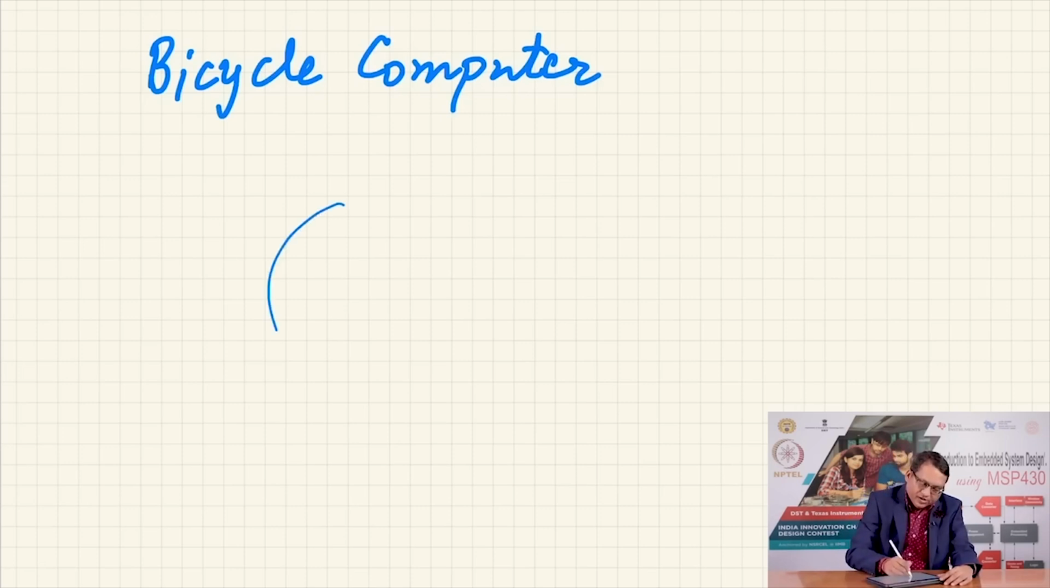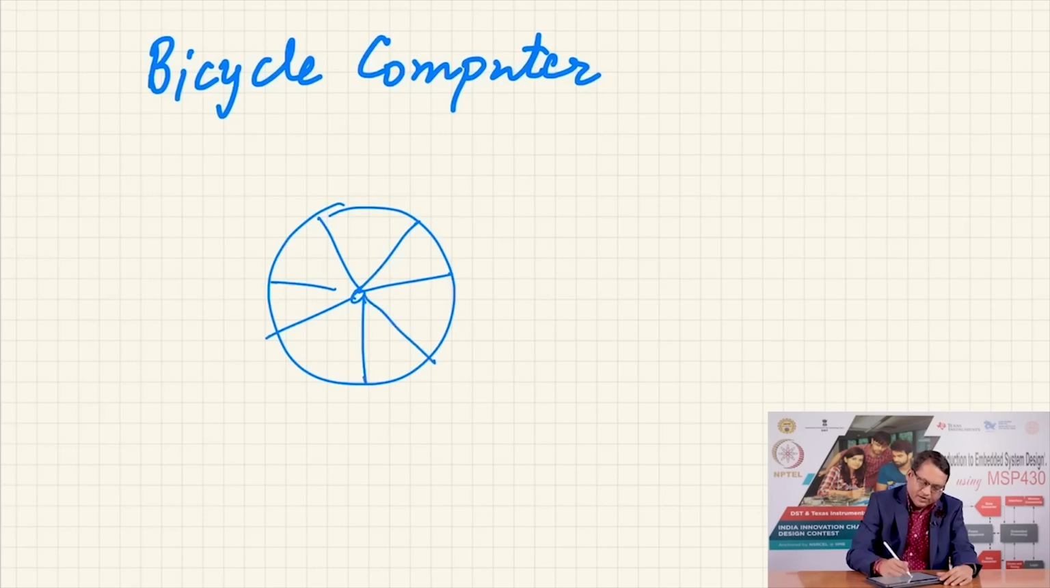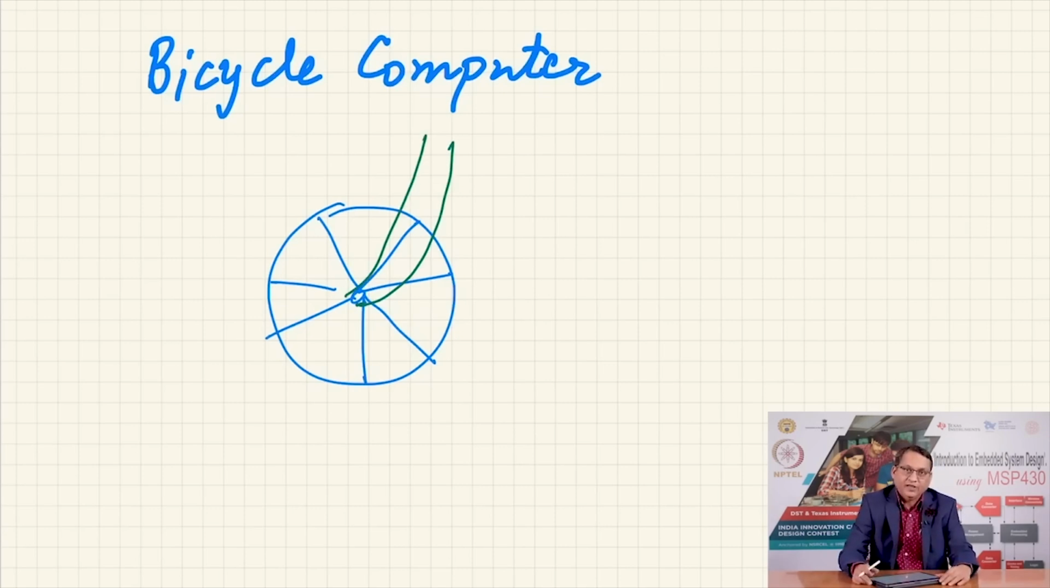On the wheel of the bicycle, these are the axle, and these are the spokes, and then from this you have probably the fork which is holding the wheel at the center. On the fork, on the spokes of the bicycle, you attach a small magnet, and on the fork you attach a Hall effect sensor. When the wheel rotates, this magnet passes in the vicinity of the Hall effect sensor, and